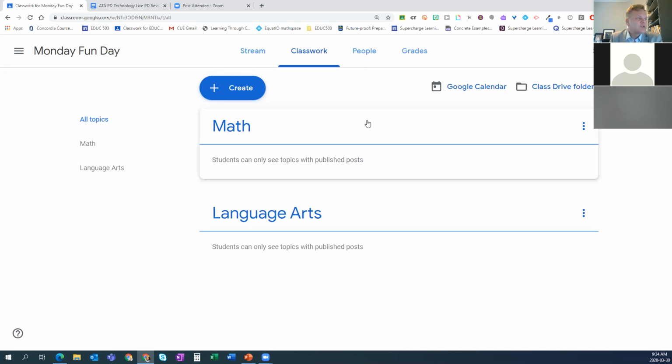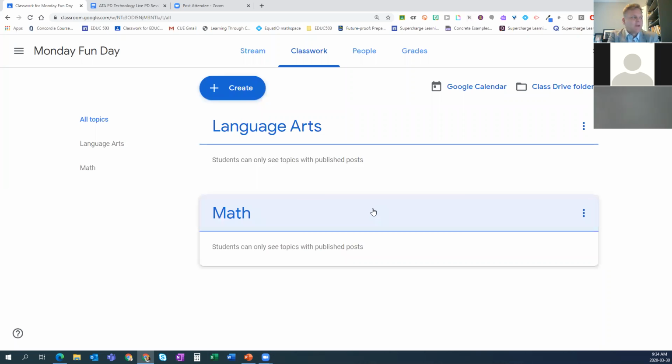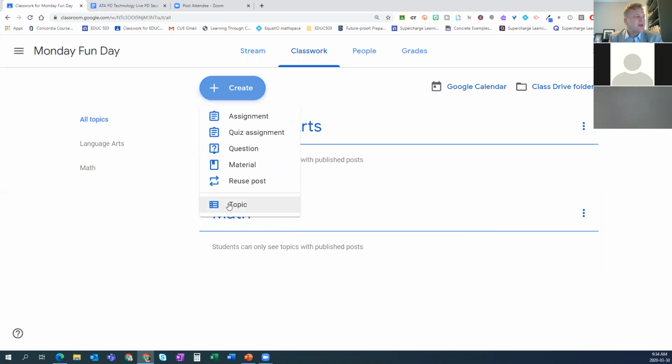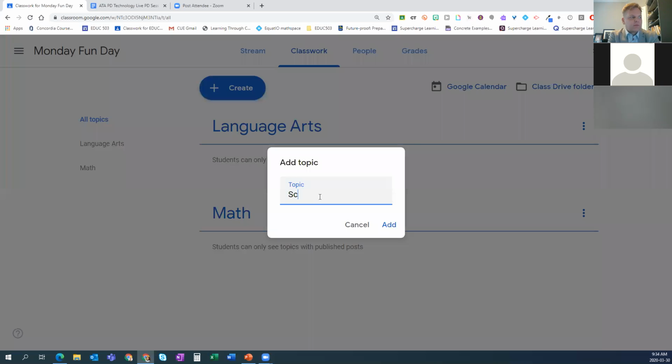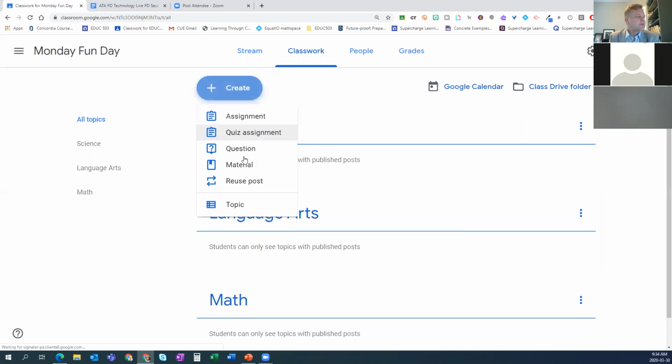So I'm going to say, let's say I want language arts to be at the top. I'm going to drag my math down. Easy peasy. Okay, so drag and drop as you choose. This is how you do that. So I could just keep doing that for science. Add, create topic,